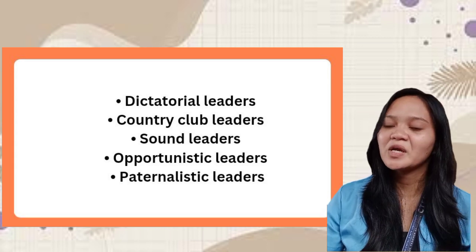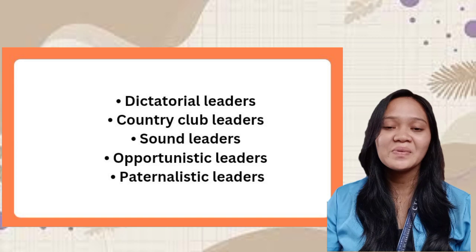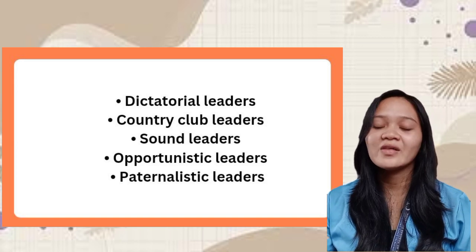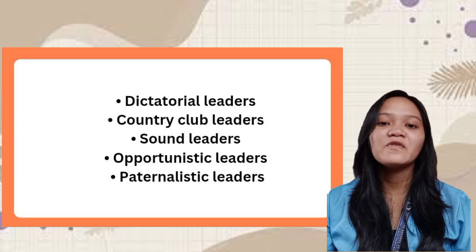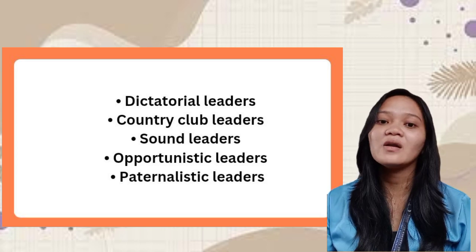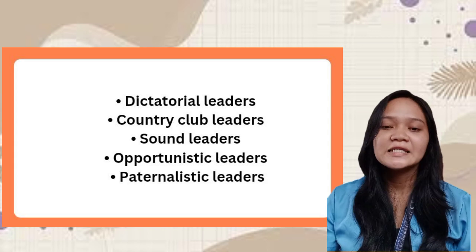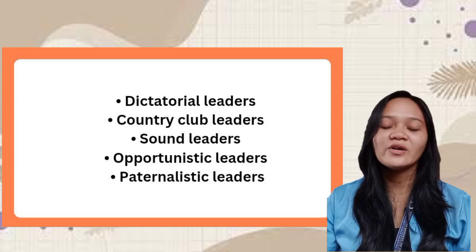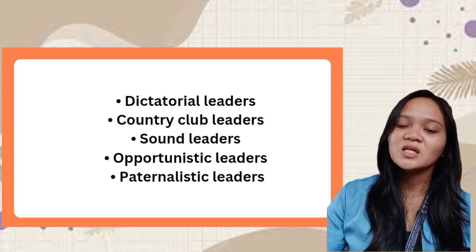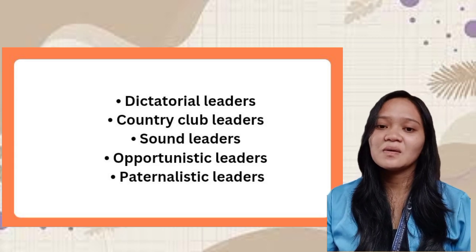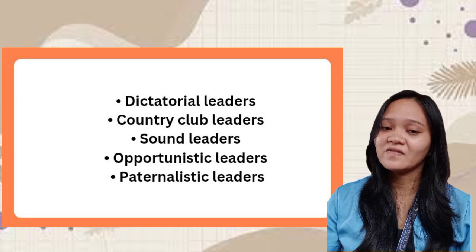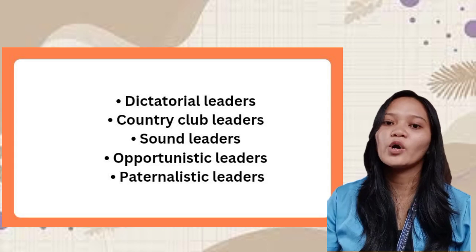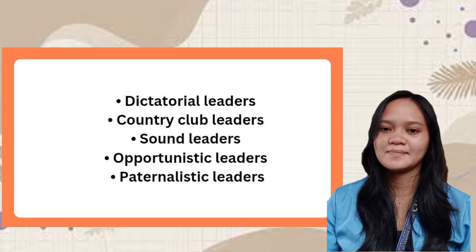The seventh one is the country club leaders. Country club leaders prioritize their team members' happiness and satisfaction level. They believe that a team that is comfortable and well provided for is more likely to be successful. Team members are likely to show high levels of trust and loyalty when working with country club leaders. Some country club leaders might sacrifice productivity in exchange for improving their team's morale or workplace relationships.